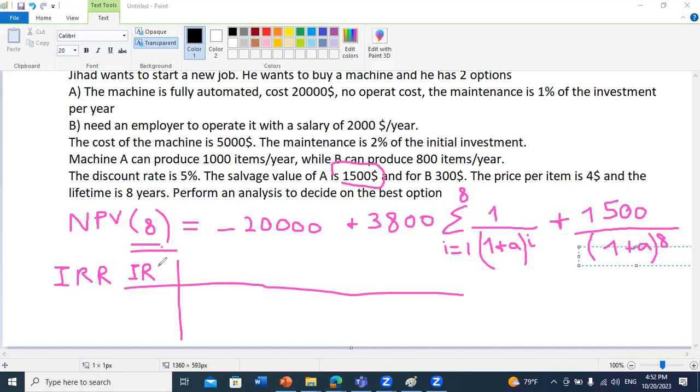And the IRR will be obtained when we can confine the calculation between two discount rates, one for which NPV is negative and one for which NPV is positive. So in general, we can start, for example, with a mid value of, let's say, 10%. So if we replace in this formula A by 10%,